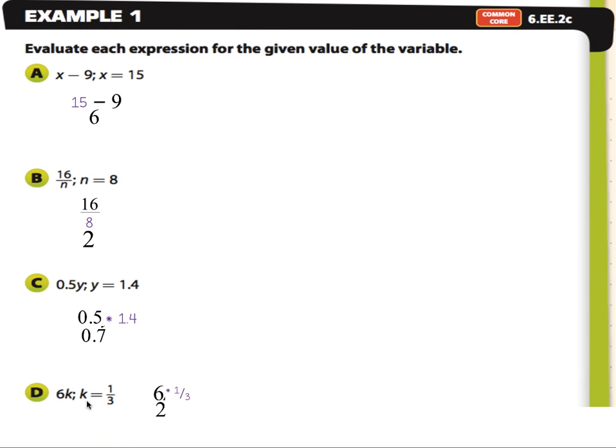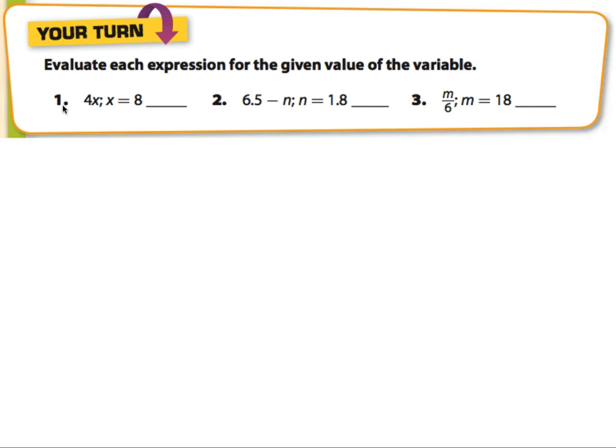So again, all you're doing is following the directions. We're given the expression 6 times k. We're given the direction that k is equal to 1/3. So wherever we see k, we replace it with 1/3. And then we solve. All right, so you have a couple of problems here. I want you to go ahead and pause and try them on your own, and when you come back, we'll check your answers. All right, so you should have gotten here 32, 4 7/10, and 3,